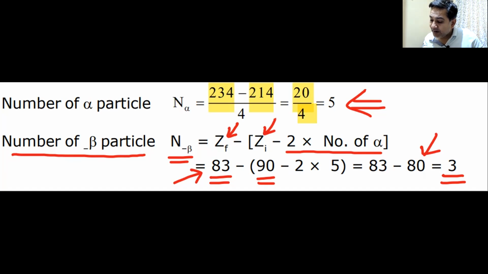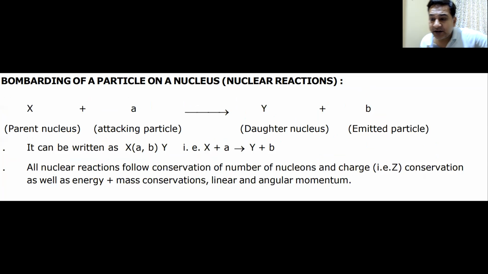Okay, then we can have this small thing. Sometimes we are going to bombard a parent nucleus with a particle. This X is the parent nucleus, this A is the particle. You will have a daughter nucleus and an emitted particle. They might ask you what is the value of this. What you have to remember